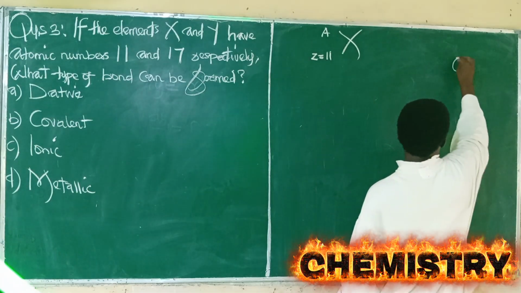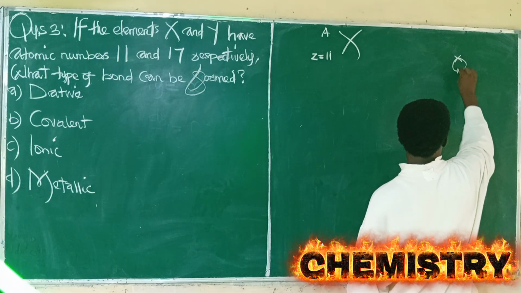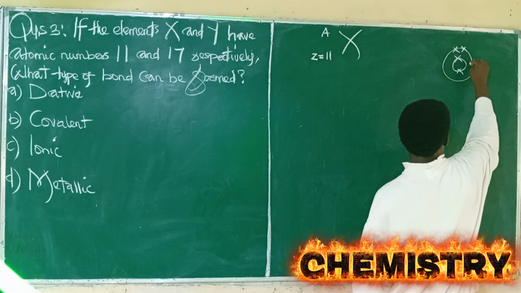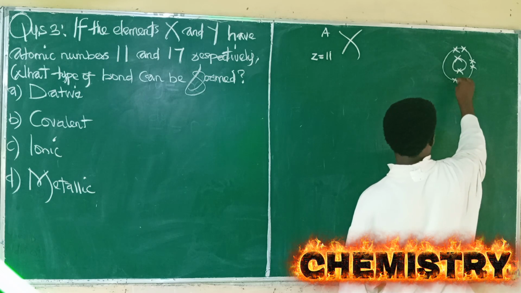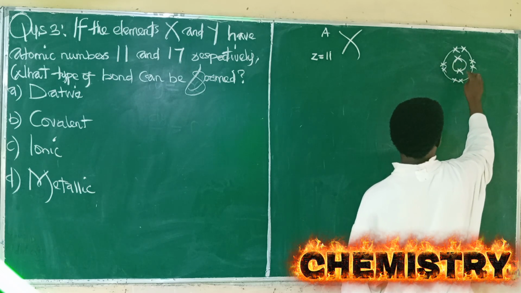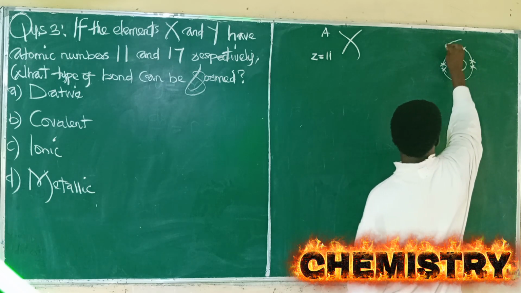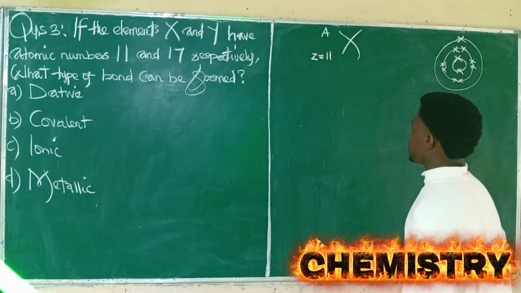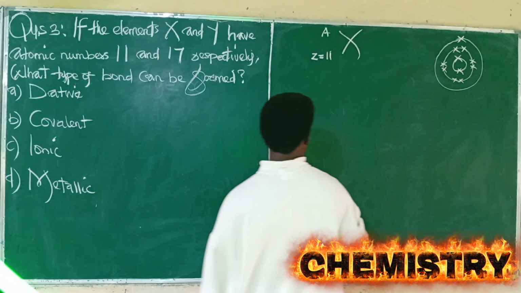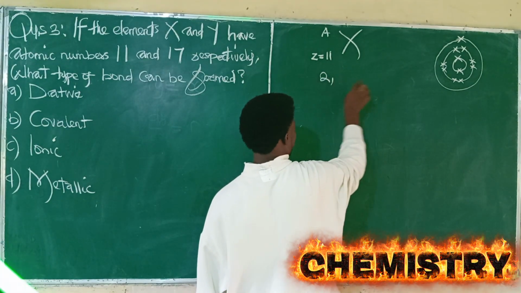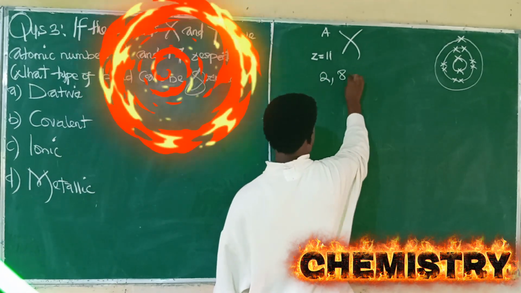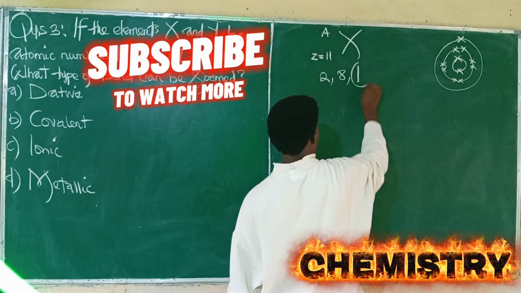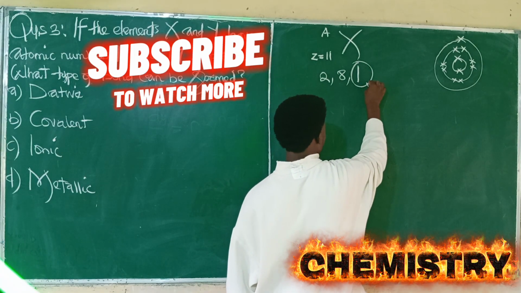In the electronic configuration, we have the first shell as 2, the second shell as the maximum of 8, 2 plus 8 gives 10, and the last shell is 1, which makes it 11. Therefore, we have 2 from the first shell, 8 from the second shell, and 1. This one states the group